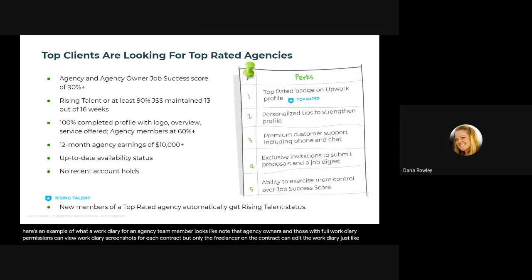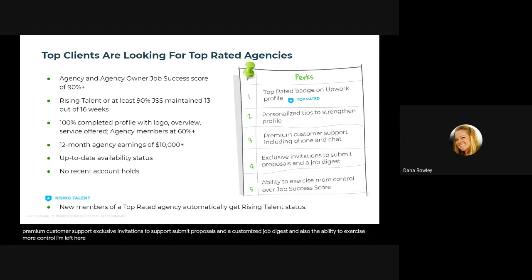Just like individuals can earn top-rated and rising talent status, so can agencies. So on this slide, you can see some of the requirements and perks of becoming a top-rated agency. If you're top-rated, you get a badge, personalized tips to help you strengthen your profile, premium customer support, exclusive invitations to submit proposals, a customized job digest, and also the ability to exercise more control over your job success score.